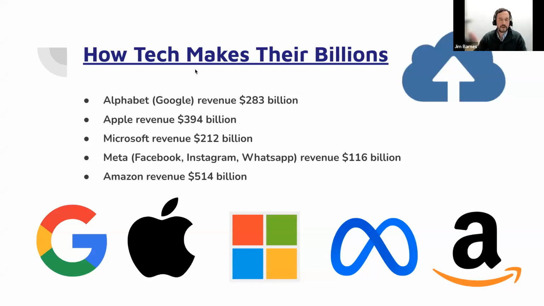Okay, so this is a little bit of a tangent, I must admit, but I think this is pretty interesting. This is how these 5 companies make their money. So this gives a little bit of context because all these tech companies offer you free storage. A lot of times you have free cloud storage. And then you have to ask yourself, how is it free? Is it really free? How do they make money on cloud storage? And maybe that might even influence your opinion of which company to go with or where to store your data.